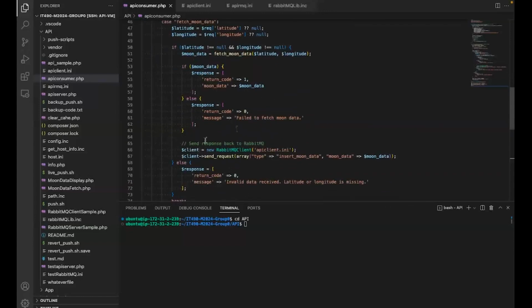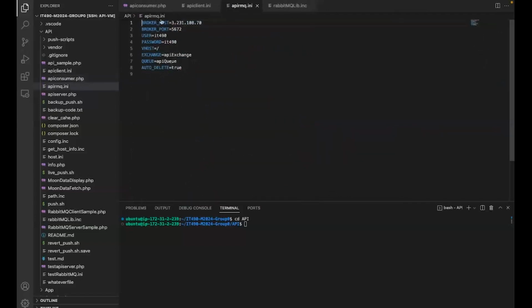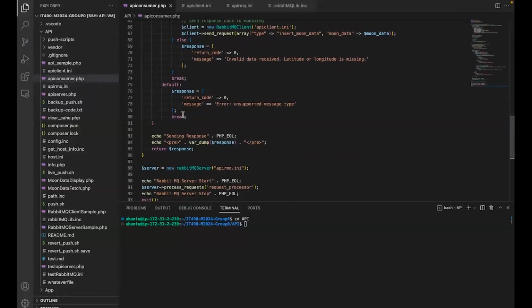The client takes this data and puts it in the API RMQ queue, which is configured in the API RMQ.ini, which has the IP to the RMQ server, and that's where Sai's database picks up the data and he inputs it into his database